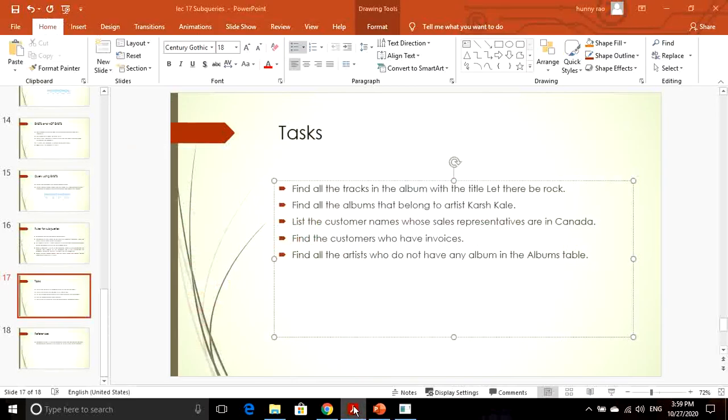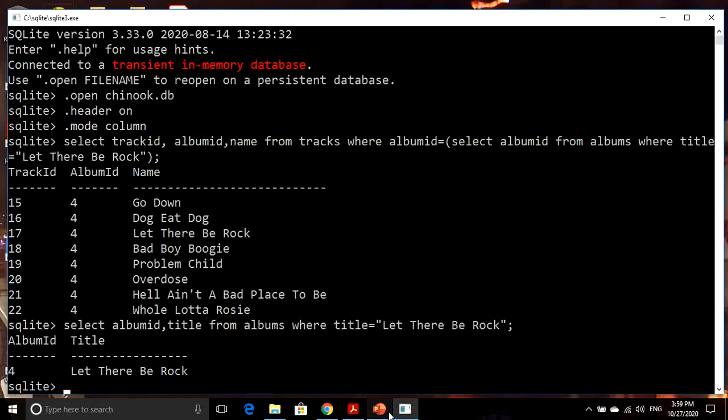So the query will be select album ID, title, artist ID from albums, where artist ID is equals to, now we will write the subquery and we will select